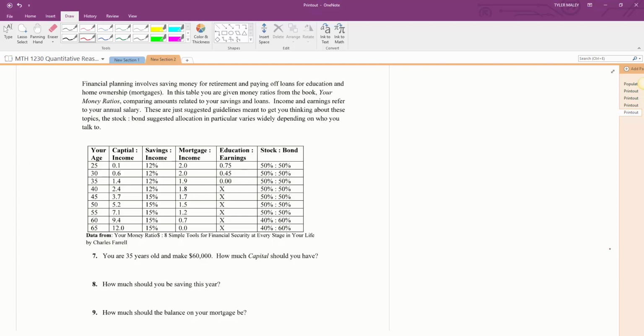So you may or may not be familiar with capital. So you could research this. I just did a quick Google search, right? So capital definition. And what I came back with is that capital is your wealth and your money or your property, right? So you can think of it as